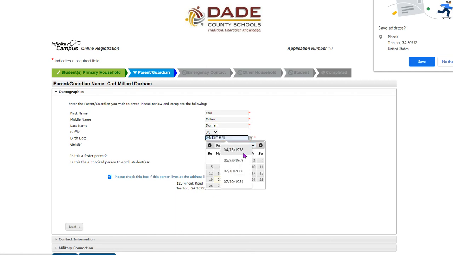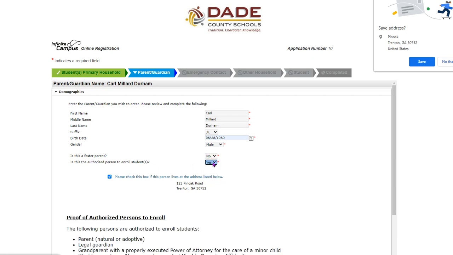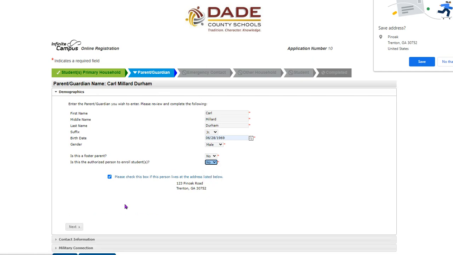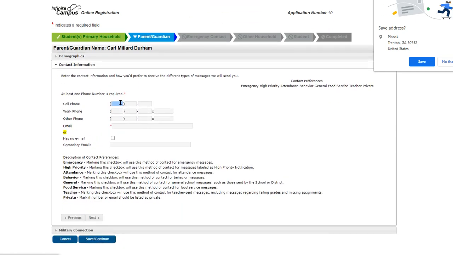You can choose the calendar or fill that in. And again, is this a foster parent? And yes, this person is also allowed, but since you have already done it, you can choose no and not have to fill out the information again. And you're going to do the same thing here